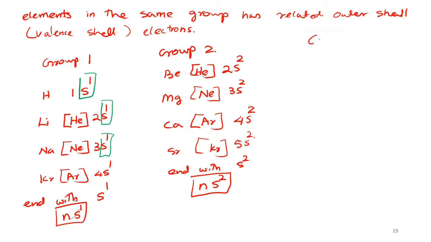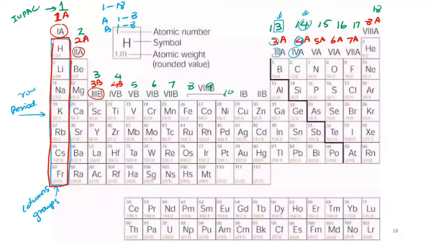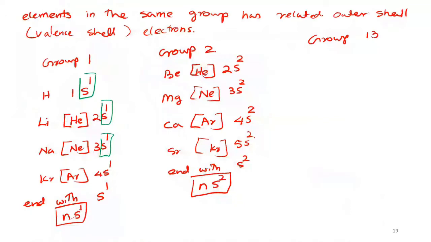And think about group 13. Where is group 13? This is group 13. With respect to some periodic tables, you might even read it as 3A, but with IUPAC numbering, it's group 13. So in this group, you will find the elements boron, aluminum, gallium, like that, and you